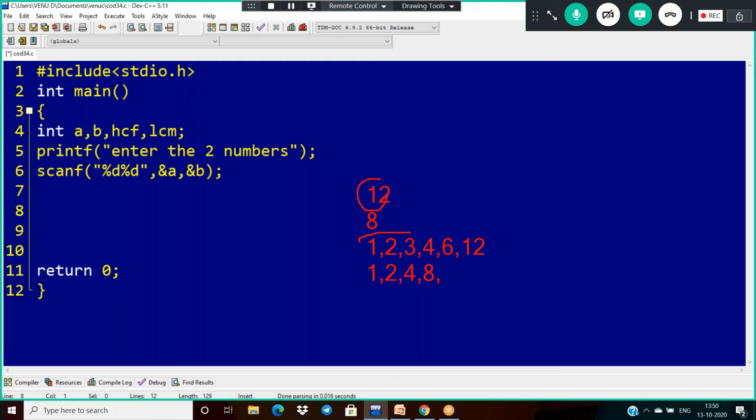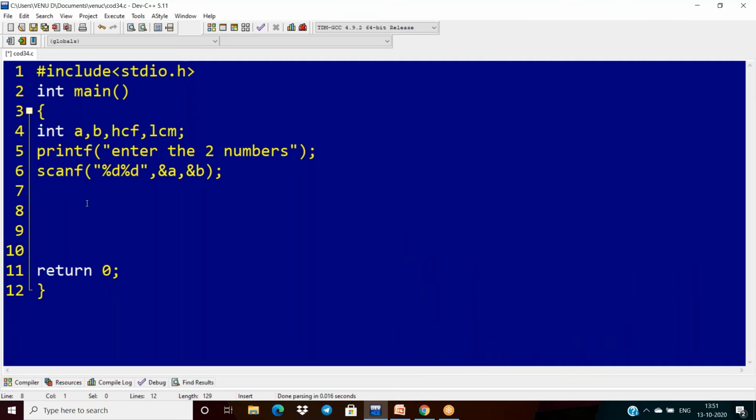The common factors are 1, 2, 4. Take the highest factor among these. The highest factor is 4. That's all, and that is your HCF. I have to use the same approach here.